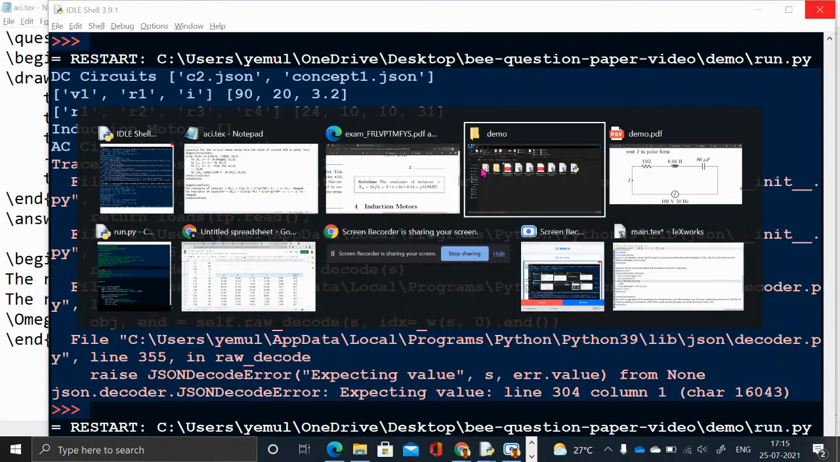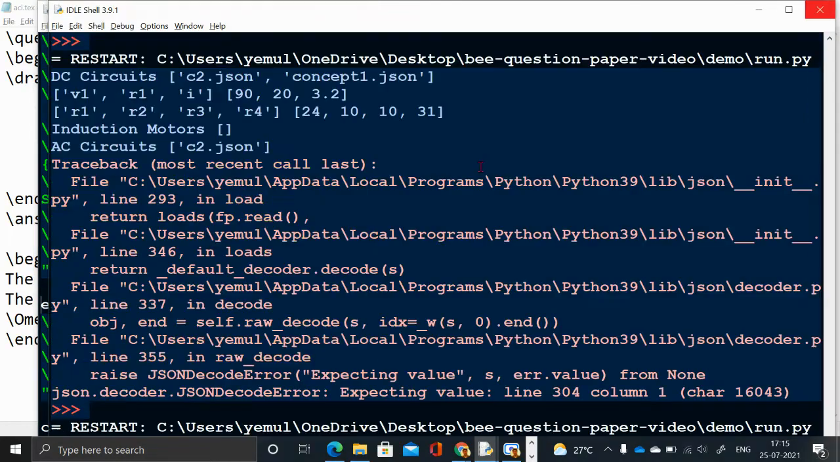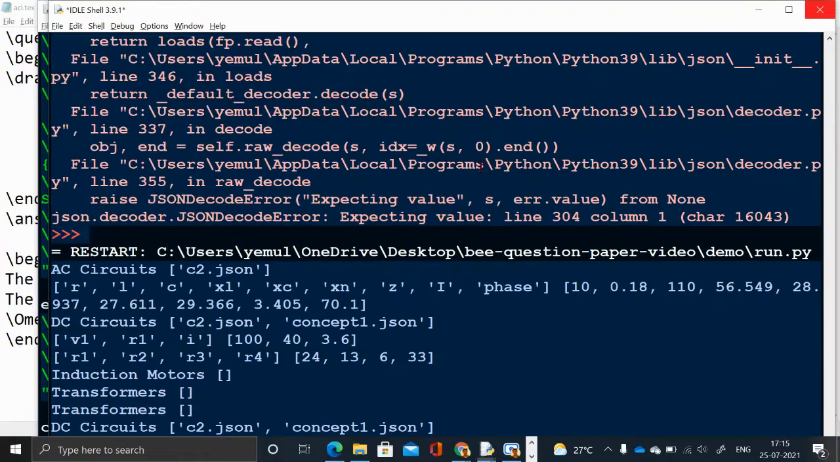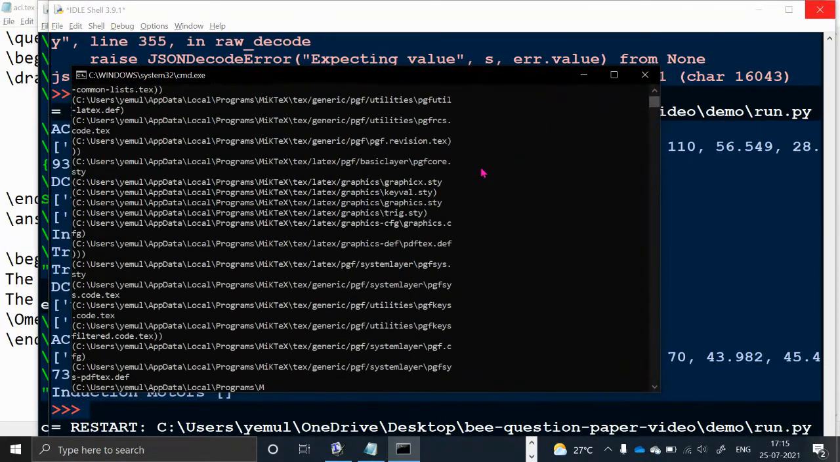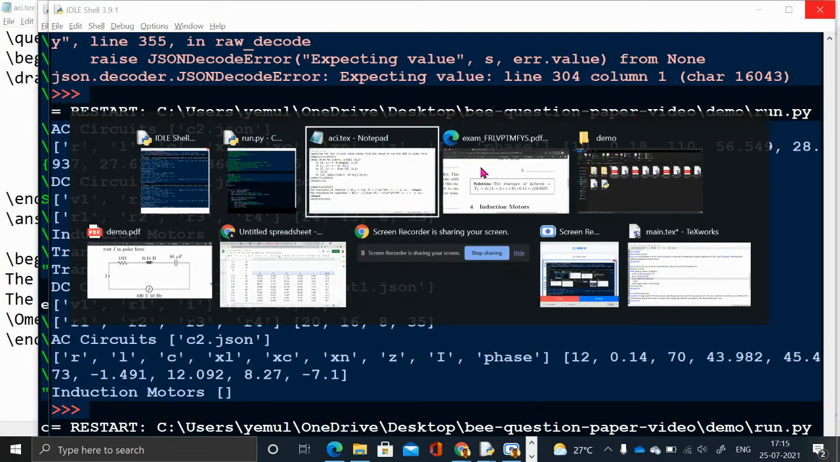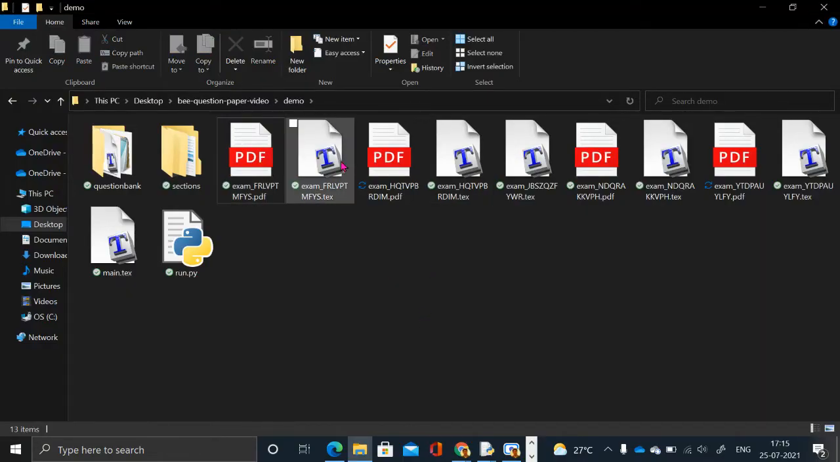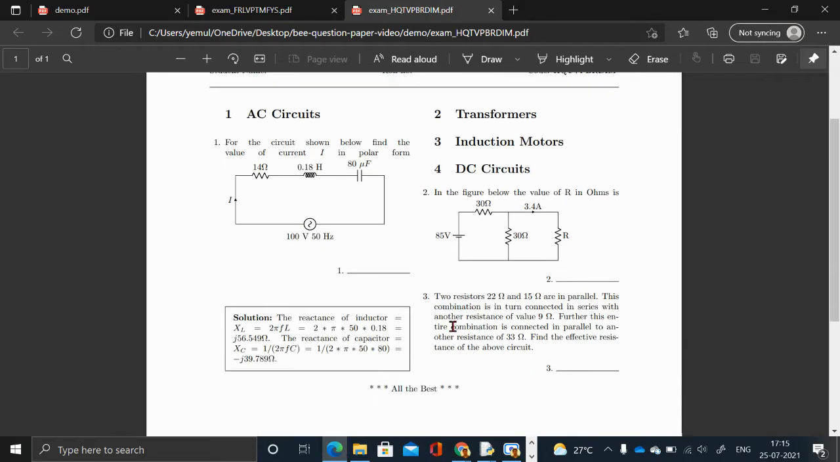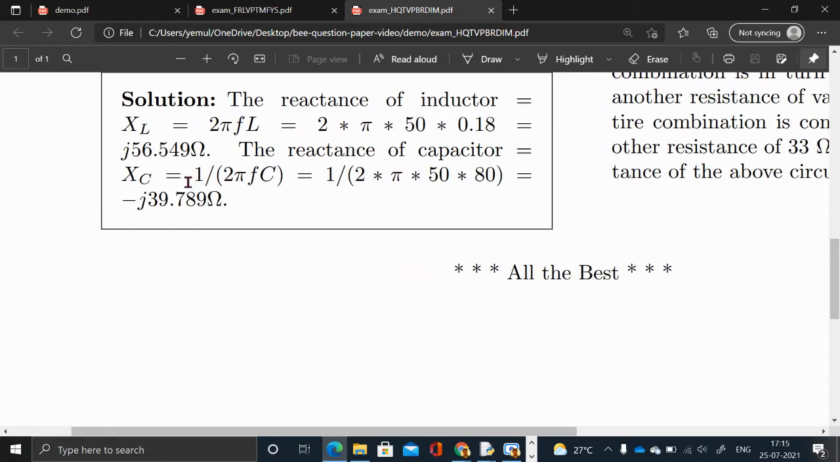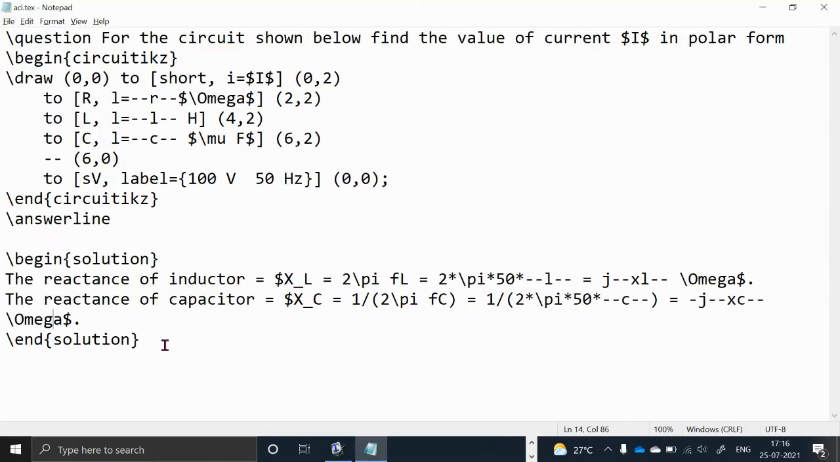So let's verify. It is better to be safe: add one step at a time and then you can keep verifying the answers. Okay, so let's see. Here one more line has been added to our solution. The value of XC is being calculated. So XC is 1 by 2 pi f C. Anyway, here I have to give a line break. I'll do that. Let me complete the